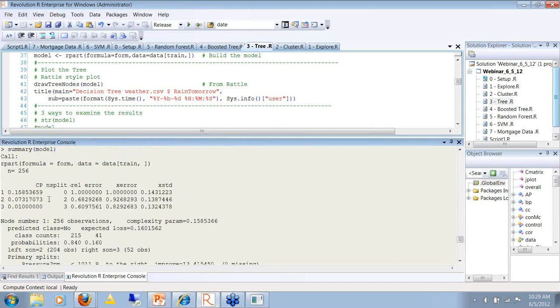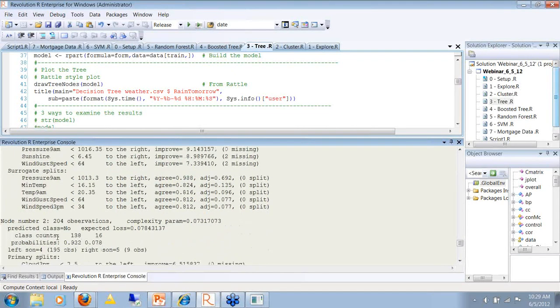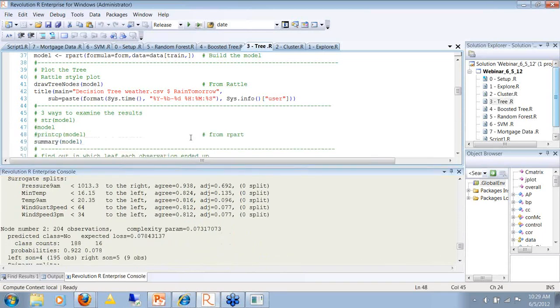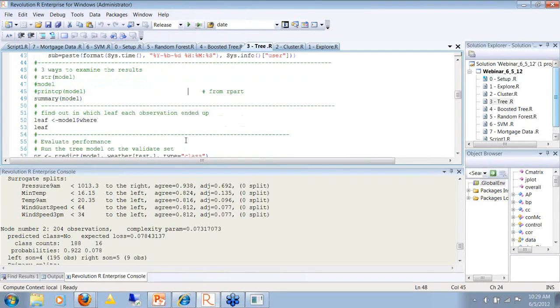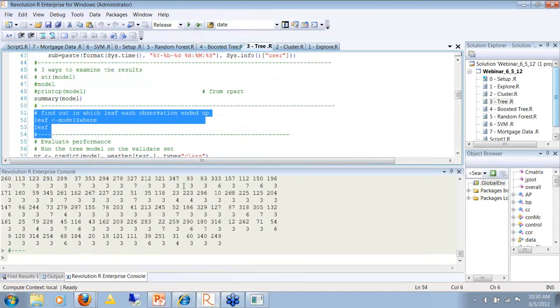You see here the out of sample error, and here's a text description of where the splits were done, the primary splits. Of course, by comparing this with the picture, it's pretty easy to make sense of. But the point here is that our summary function, which works on simple things like vectors of numbers, also knows how to deal with tree models, and you'll see all the other models we're going to look at.